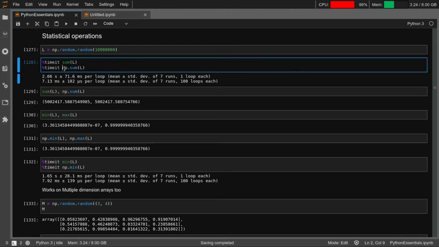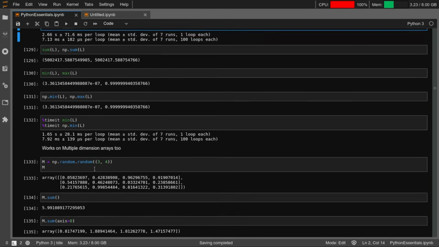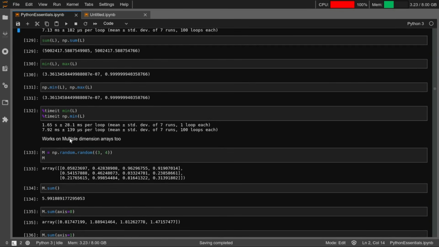The np.sum function will be much quicker than a vanilla sum that you get with Python, right? So the speed difference is there for you to see. Over a large array, it calculated the sum of all the elements. Similarly, you can find the minimum and maximum, np.min, np.max, and you can see there is a difference in the speeds here as well,